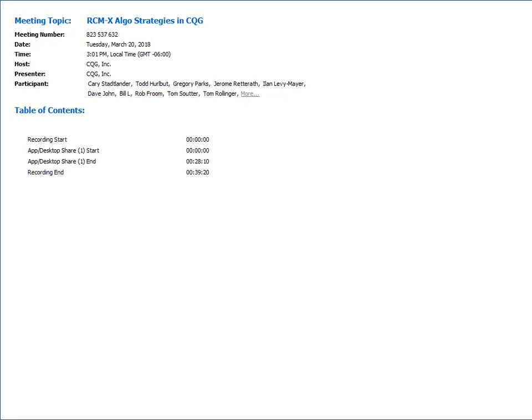Okay, and what are the most often used on the list of algos? Yeah, so I think the most often used algo is probably VWAP. VWAP is something that's very familiar to most traders. Iceberg is also popular, and I think that over time it's good for traders to consider using IS as an alternative to VWAP, because it does give you more flexibility in terms of how fast you want to execute.